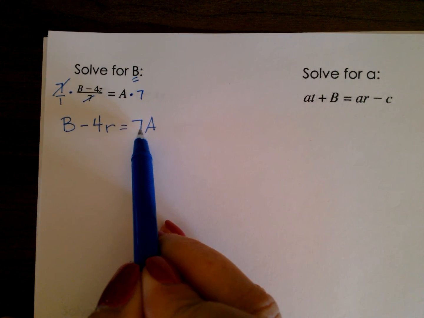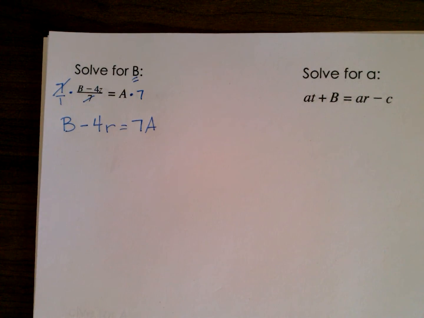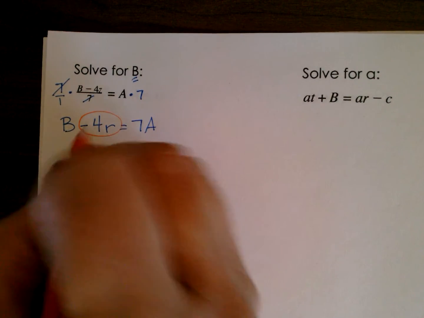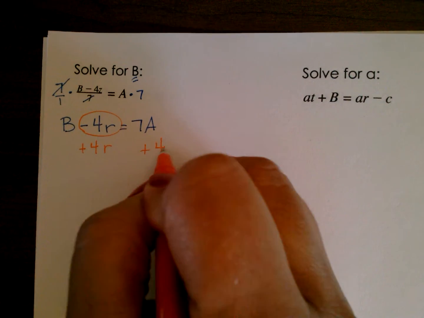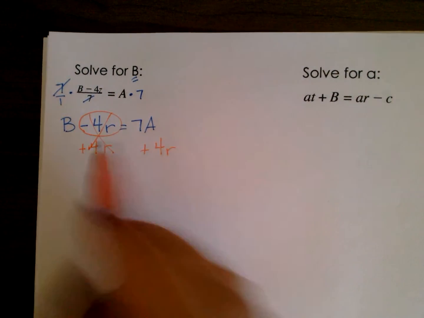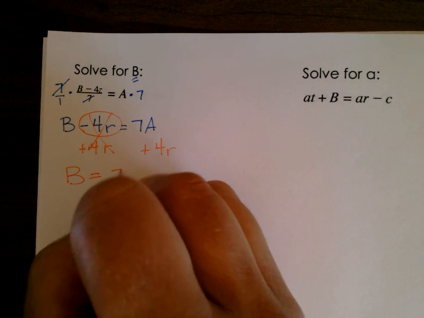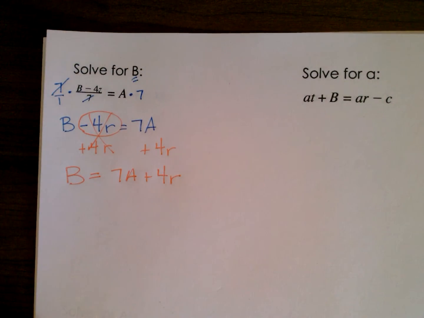Remember, when you write numbers, the coefficient, the number goes in front of the variable. Oh wow, this one we're almost done. I need to get rid of the minus or subtraction, so I will add 4R, add 4R, not like terms, so I will not combine them. B equals 7A, keep it capital, plus 4R. I am going to stop